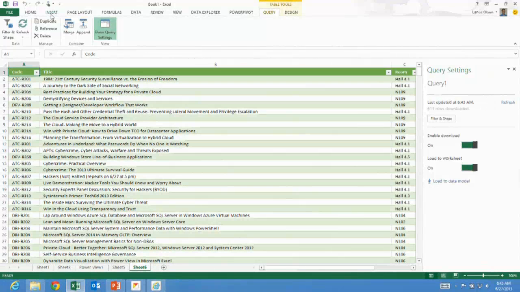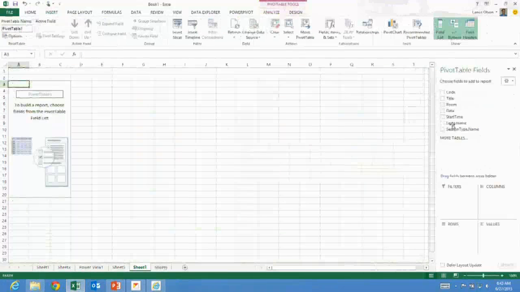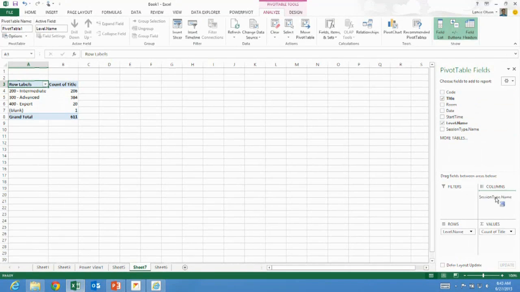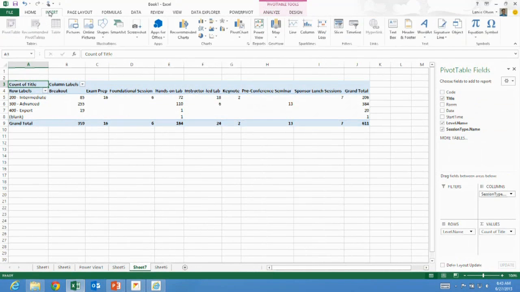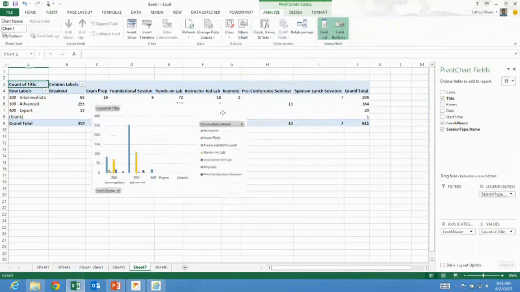Now I can take this and do some quick analysis over it. So I can pull in my sessions. I could say, let's do count of title. Let's do that by level type and level and session. Now let's insert a chart. And now I can quickly see,